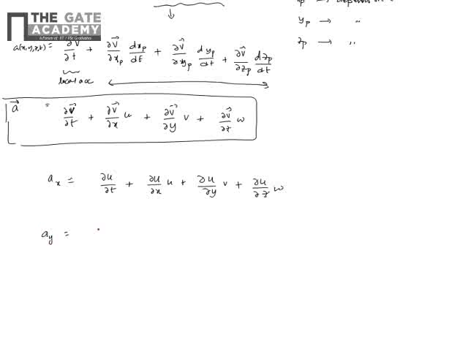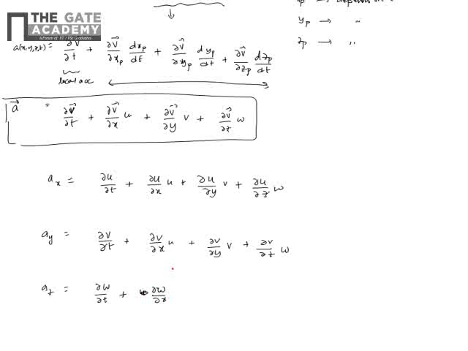Similarly, acceleration in y would be dou v by dou t plus dou v by dou x u plus dou v by dou y v plus dou v by dou z w. Acceleration in z would be dou w by dou t plus, let's write down in the order, always don't change the order,